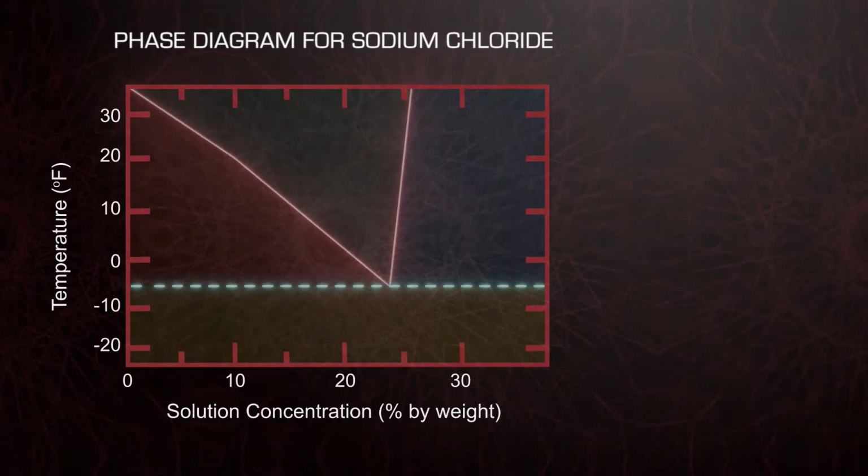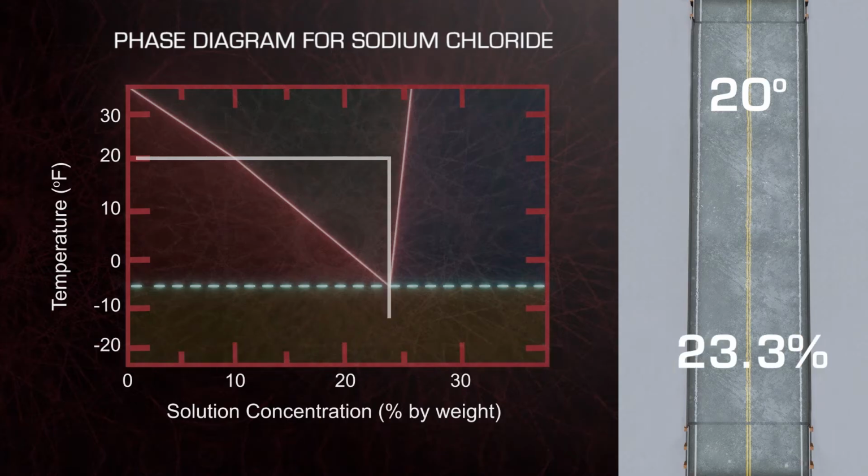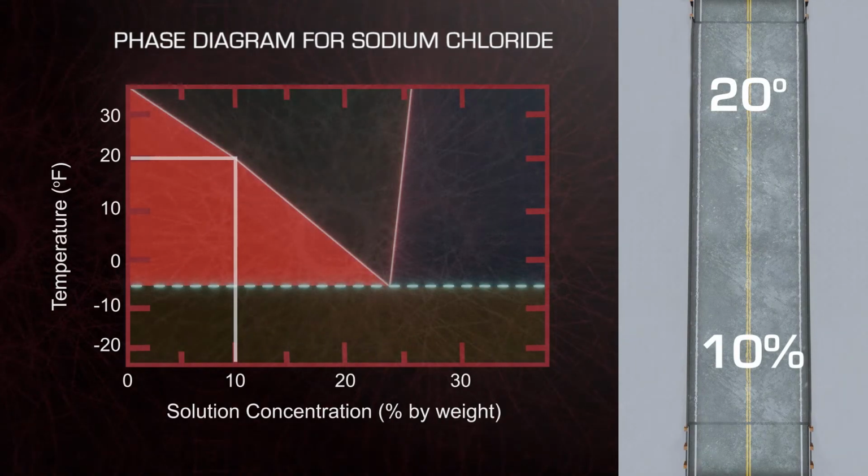Let's say you apply brine to an ice-covered pavement that is 20 degrees. As long as the temperature remains at 20 degrees and the brine concentration is at 23.3%, you are in the green area and melting is going to occur. However, as the ice melts, the brine is diluted. As soon as the concentration drops below 10%, you begin moving into the red area, and the melted ice will